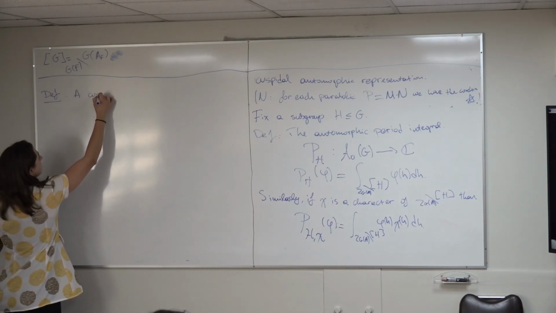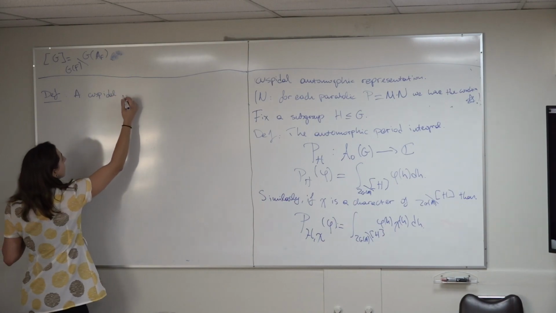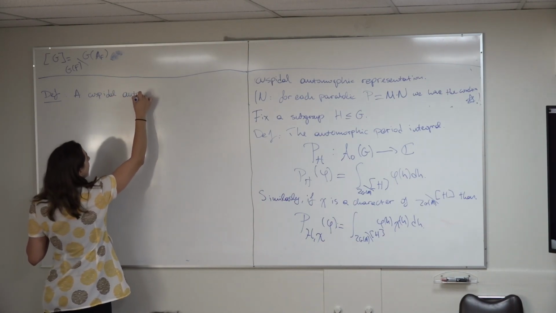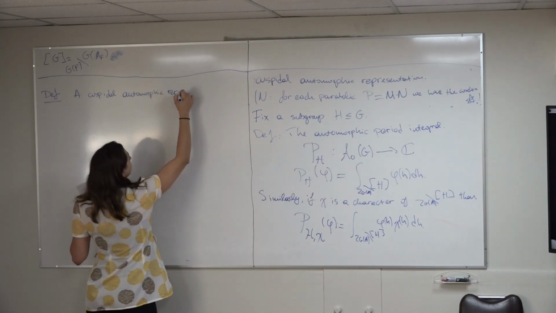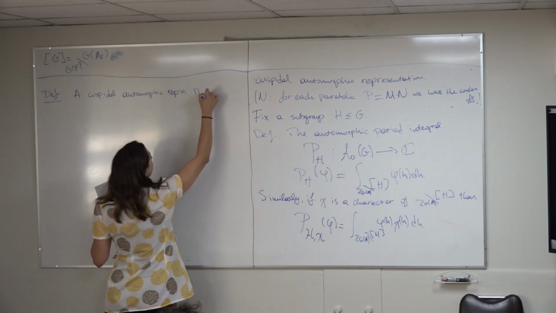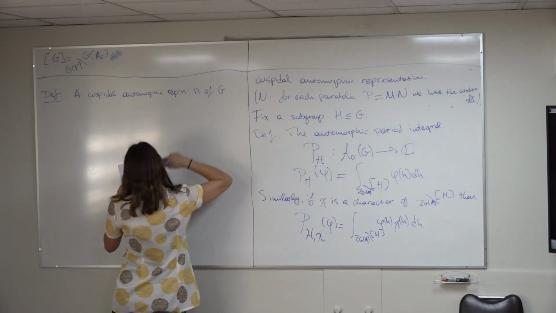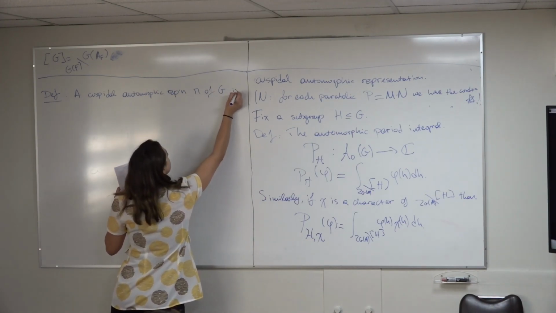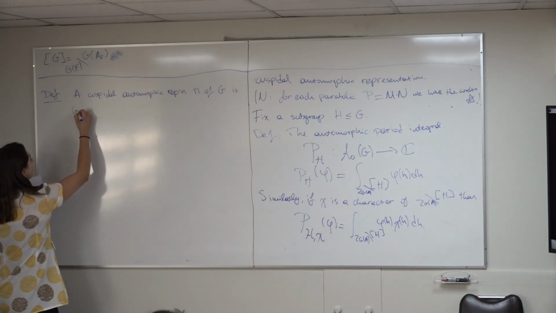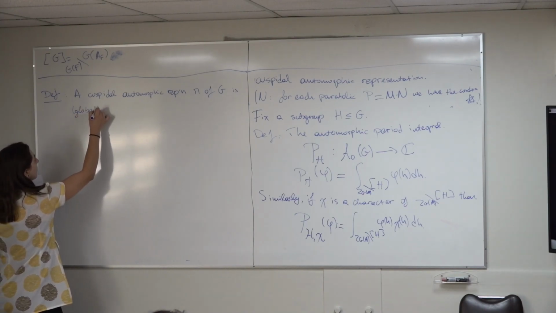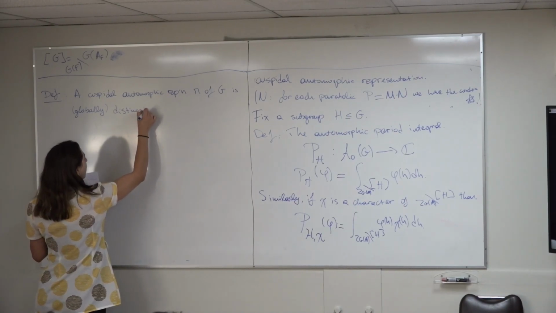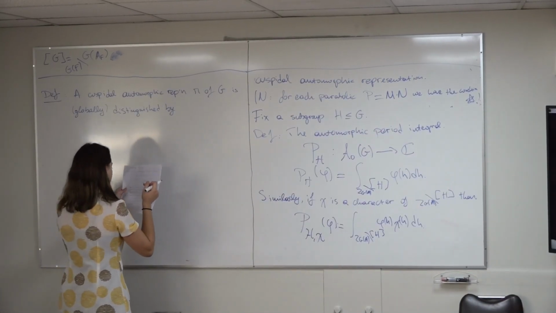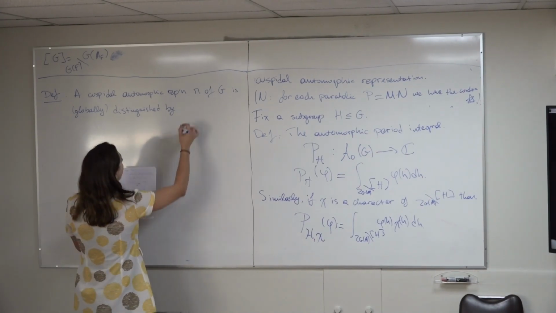A cuspidal automorphic representation pi of G is globally distinguished by H